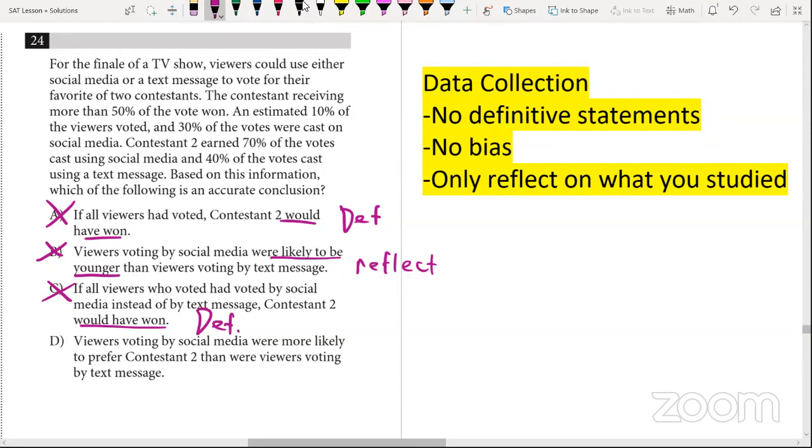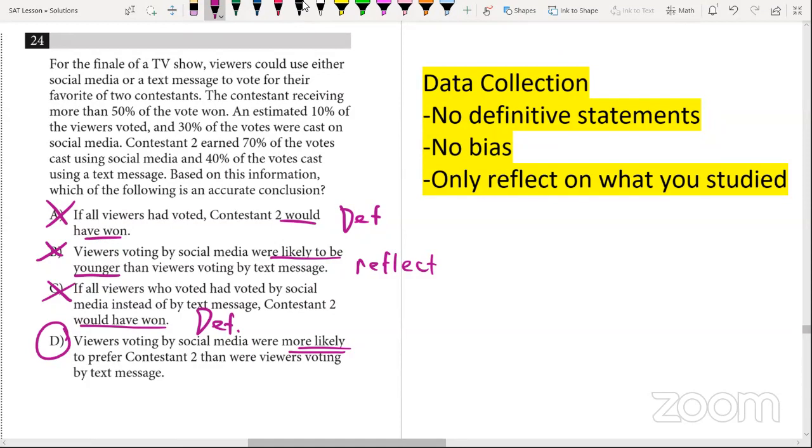We need a word like approximately, most likely, it appears to be the case, something that adds a little humility, because research is all about educated guesses, and the best we can do is a really good educated guess. So choice D says exactly one of those phrases. It says more likely. So viewers voting by social media were more likely to prefer contestant 2. Now we got this far without really analyzing the numbers, but were the viewers on social media more likely to prefer contestant 2? Well,